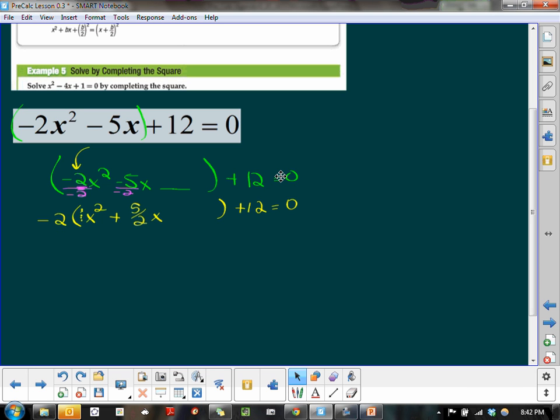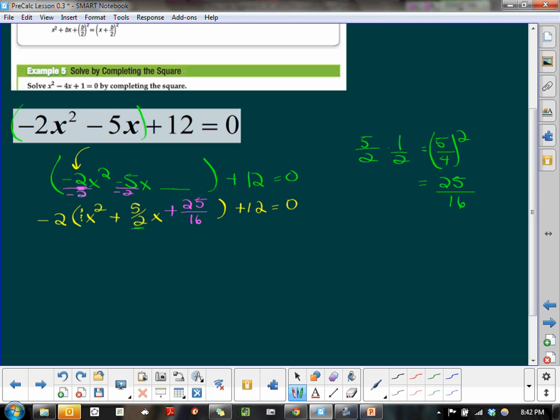Okay, now my next step is to complete the square. To complete the square, we always take half of this linear term. So I'm going to pull it out of here. Here's the linear term, 5/2. We're going to take half of it. To me, taking half means multiply by half, which is 5 over 4, and then we square it. When we square that, we get 25/16. So we want to add 25/16 in this location,